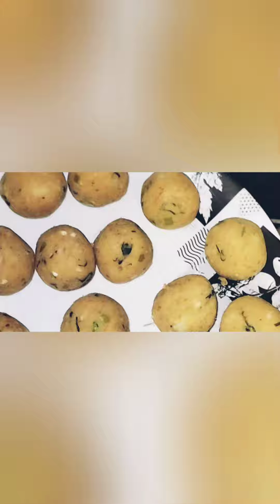Then I add 1 tablespoon of sugar and then amchur powder. Then mix it up and make little balls of it like this. And then in a separate bowl, take 1 bowl of chickpea flour and then add some salt to taste